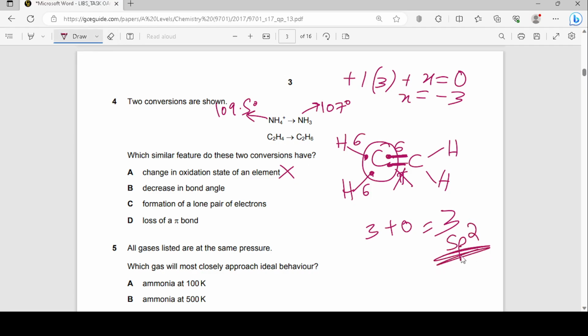sp2 implies that the bond angle will be 120 degrees, which means the shape is trigonal planar. And because there are no lone pairs, the bond angle will not reduce. It is 120 degrees. This is 120 degrees. If you look at C2H6,